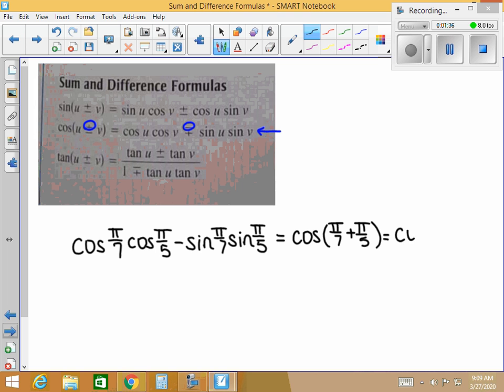Of course, then I would need to add those two fractions together and say, well, common denominator is 35, and I would have 5 plus 7, which is 12 pi over 35. Definitely not an angle. If I said, hey, I need to know the cosine of 12 pi over 35, that's not something we know. It's not a special angle. But also, if we see the pieces on the left, we can put them together to get the pieces on